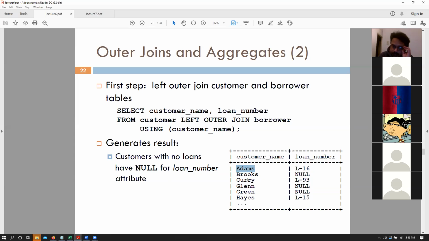Okay, and the other thing is, note that this current result, and even if you try this in MySQL, this current result is ordered in the customer name field, alphabetically. But remember that this is something that your database implements. Up to now, we have not made any claims about the order of the general result. We can order them if we want, but we cannot claim that these results will be ordered like this. So different databases can have different implementations. MySQL would in general give you these in an ordered